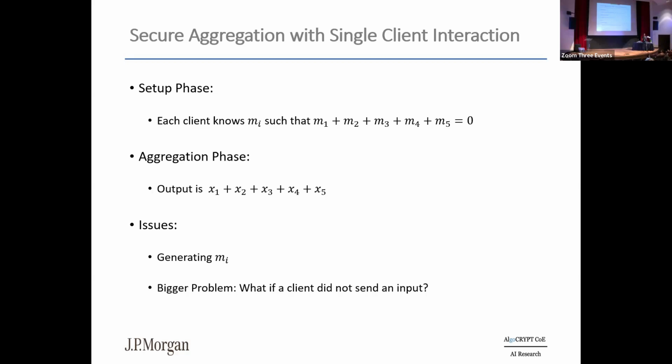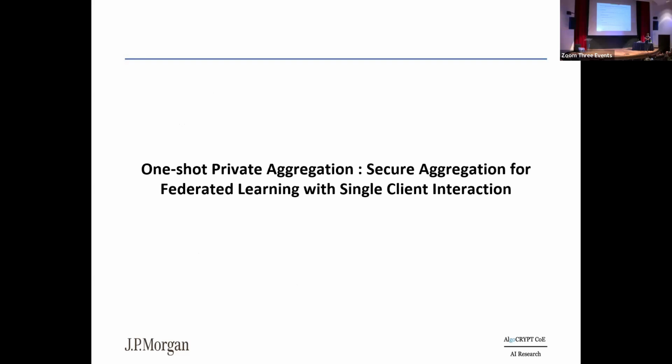these masks? If you look at the long line of work that's called private stream aggregation, the assumption was that there was a trusted dealer that sets up this mask such that they always sum up to 0. But the bigger problem is, what if somebody does not participate? I know that the sum of the masks is 0, but if someone does not participate, the math fails at this point. So this is what we come for secure aggregation for federated learning, because it's assumed that a lot